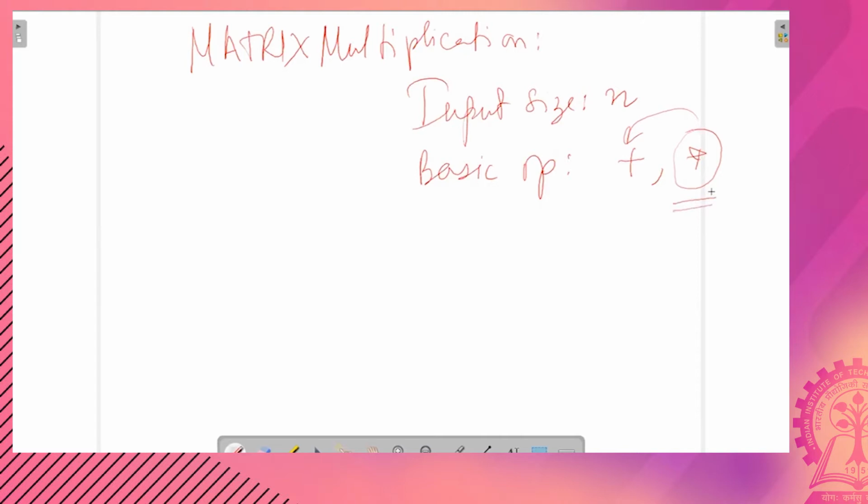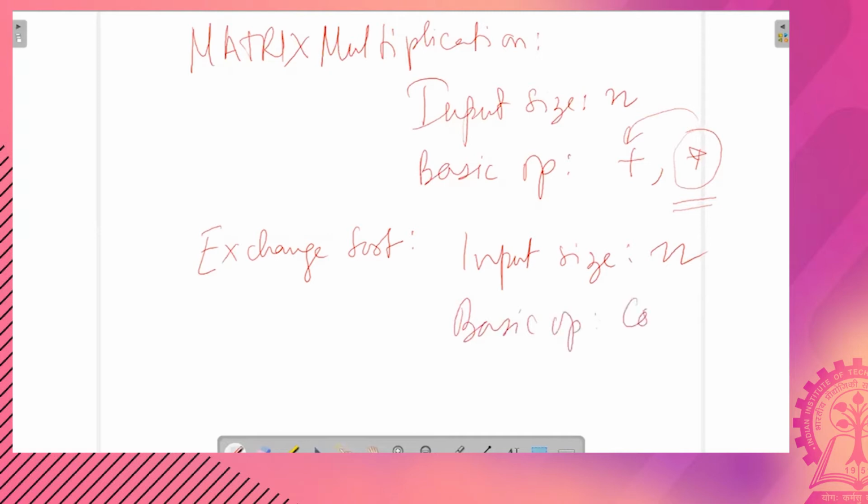Exchange sort. Again, the input size is n, and the basic op is the comparison.